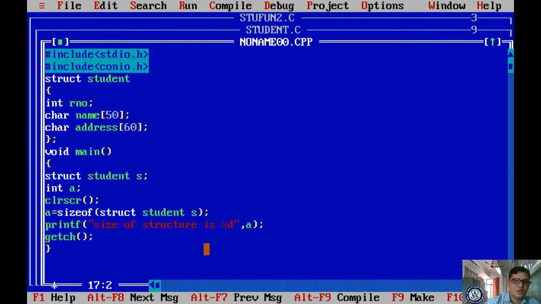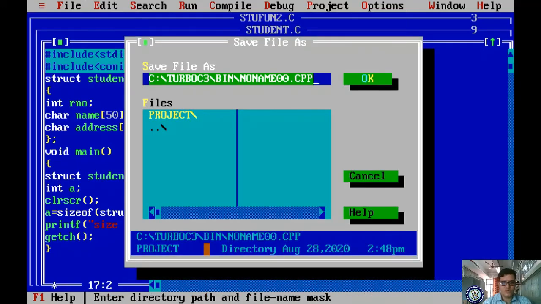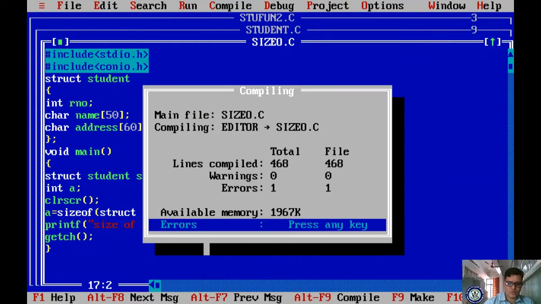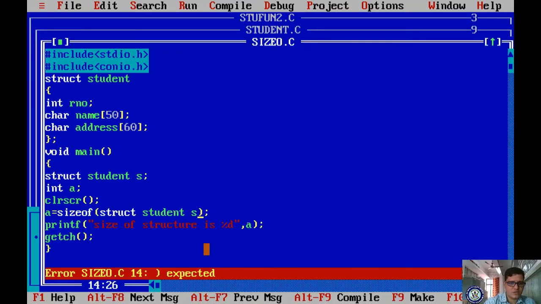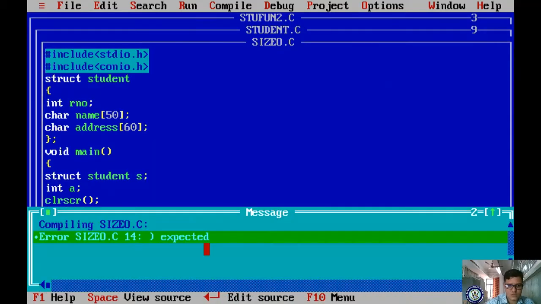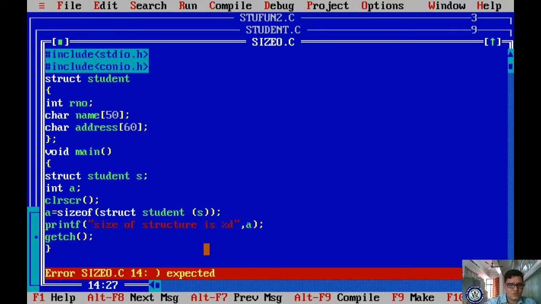Now save it. F3, F2, and the name size.c. Now compile it, Alt F9. One error is there. It is showing expected.